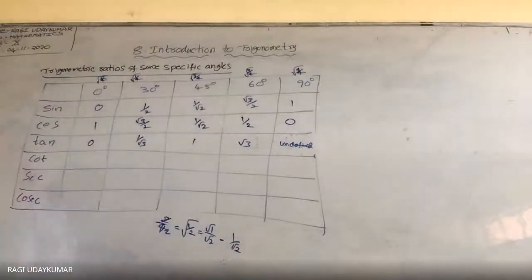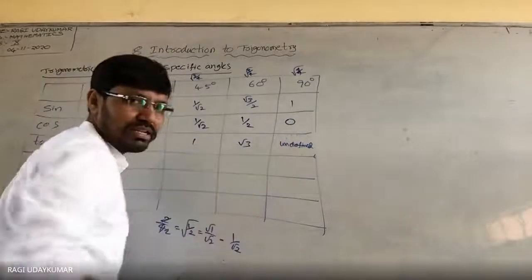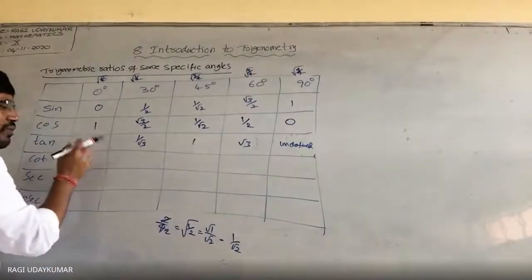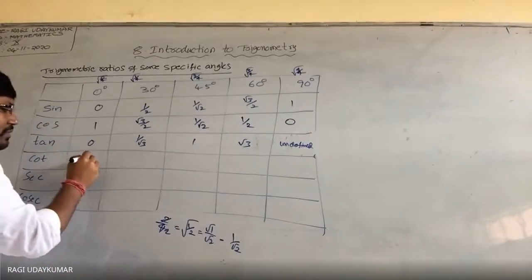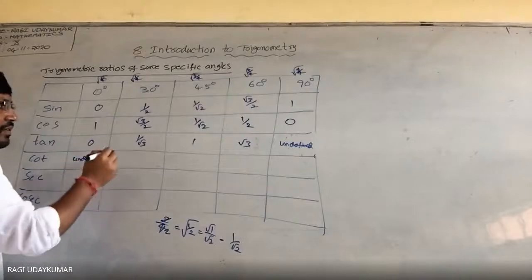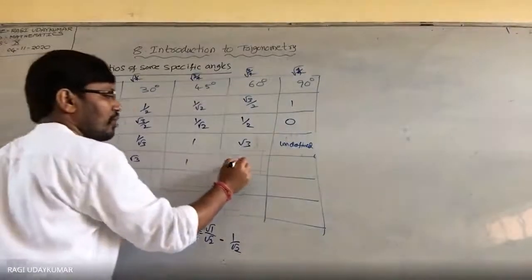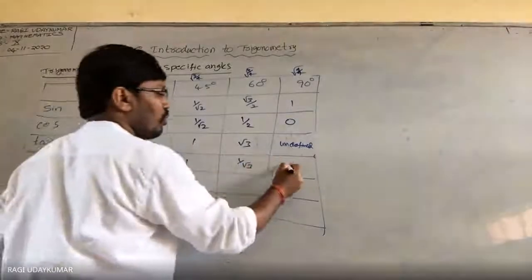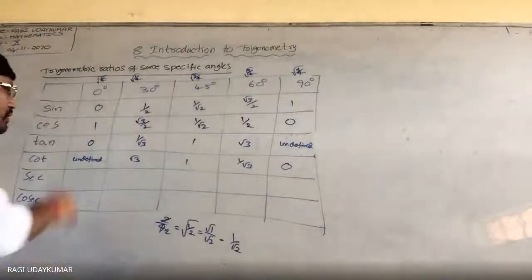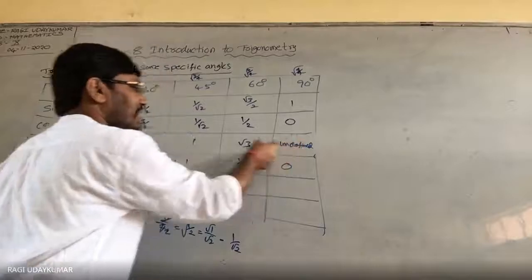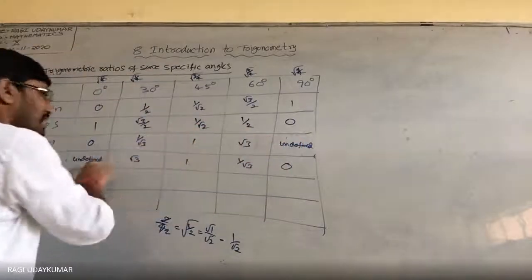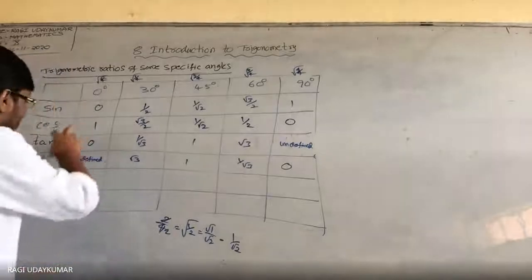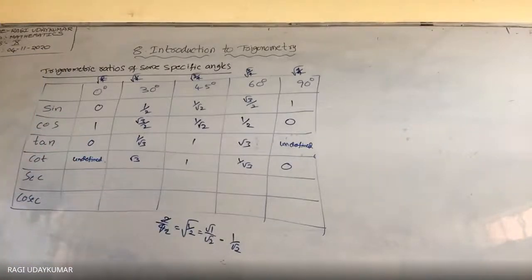अब cot चाहिए. ये इसका पूरा reciprocal लिखो. इसका reciprocal ये क्या है? 0. 1 by 0. It is undefined. इधर root 3. 1 by root 3. Undefined का reciprocal क्या होगा? 0. Otherwise here also you can see tan ऐसे लिख दिया, इसका reverse order में लिखो. ये undefined इधर आएगा, root 3 इधर आएगा, 1 इधर. Tan and cot also will be the same way.